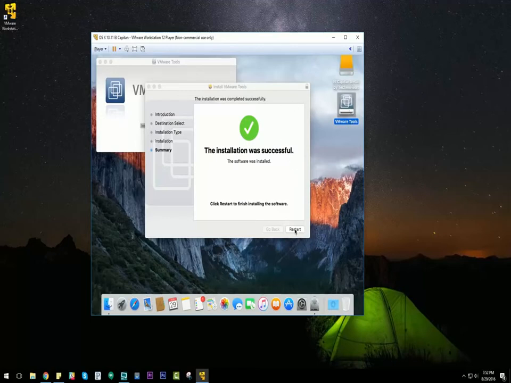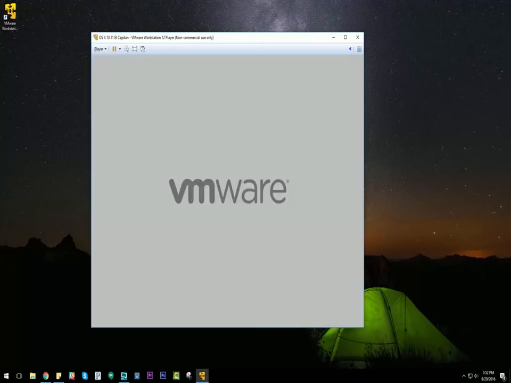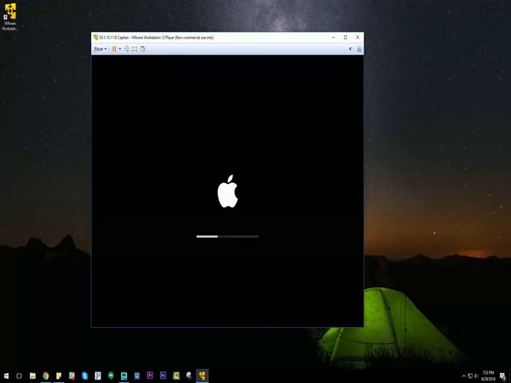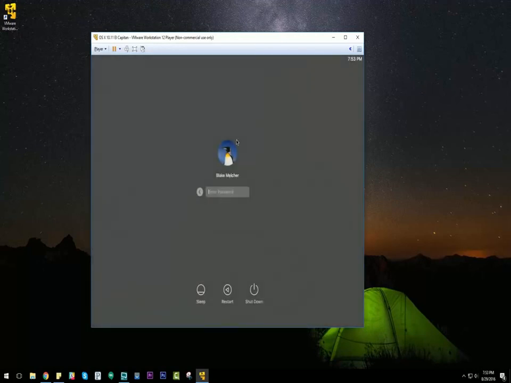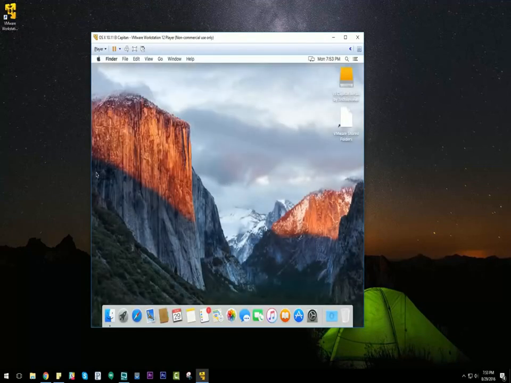So once we're here, we're going to click restart. And while this restarts, we're going to let it fully boot up. And once it's booted up, we're going to shut it down and then go edit the files so iCloud works and the full screen mode works without that blue bar at the top. Okay, so now we're back at the login screen, so go ahead and log in. Now if you notice, if we take the mouse out,